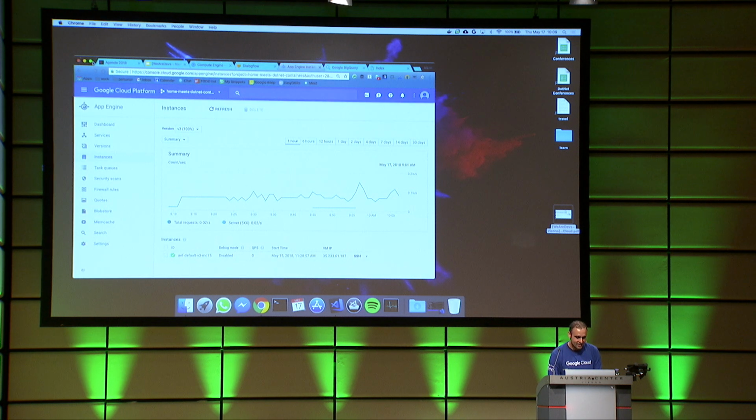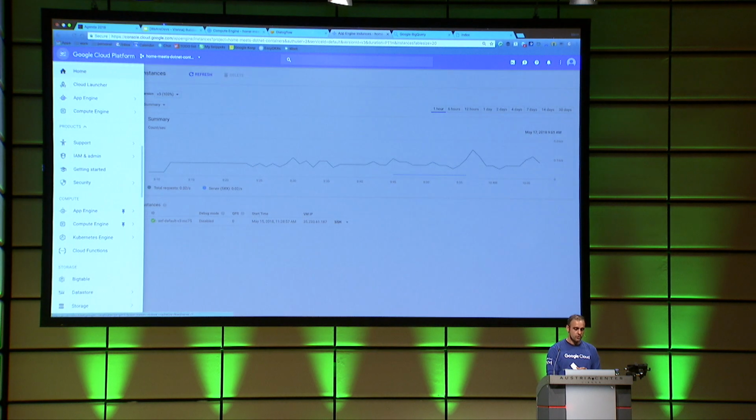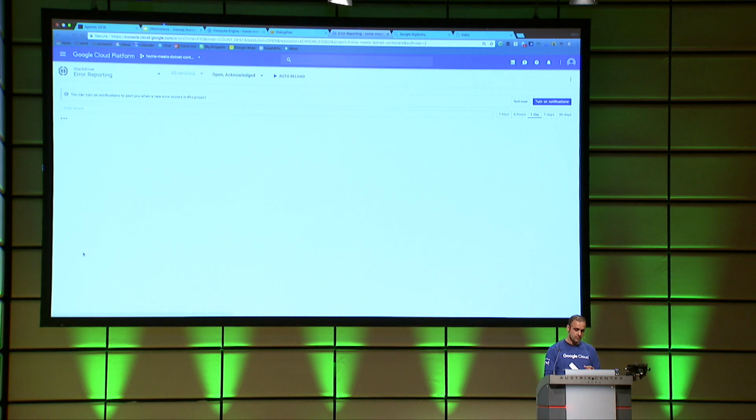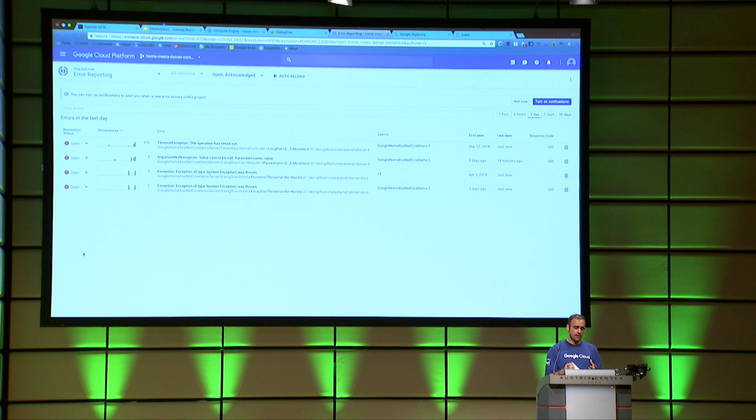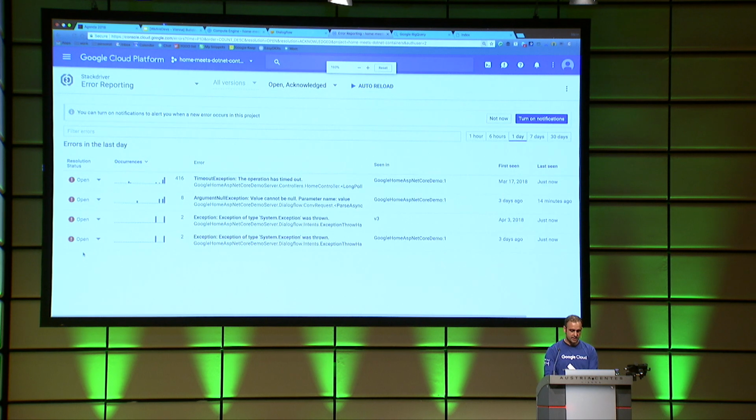But I have an integration to something called Stackdriver in Google Cloud. Stackdriver, it's a platform to do logging, error reporting, tracing, debugging, everything on Google Cloud. And one of those things is called error reporting. What happens is that in error reporting, it basically catches all the uncaught exceptions, and it displays here. So I have some timeout exception, for example, in here. And then this exception, just now, as you can see,